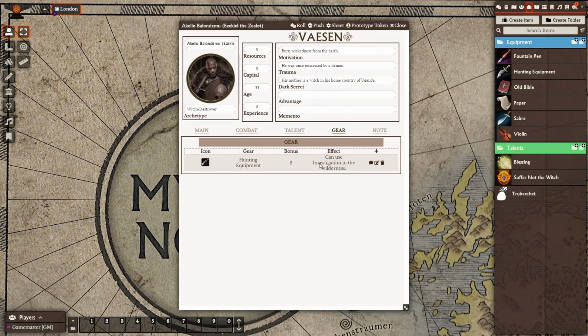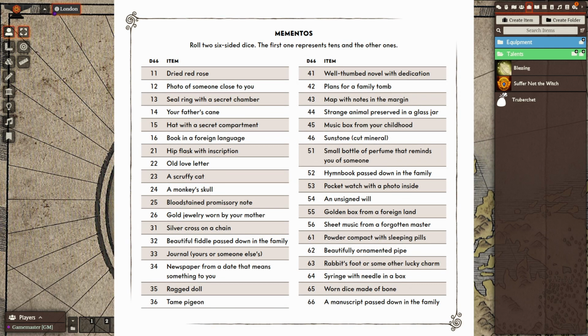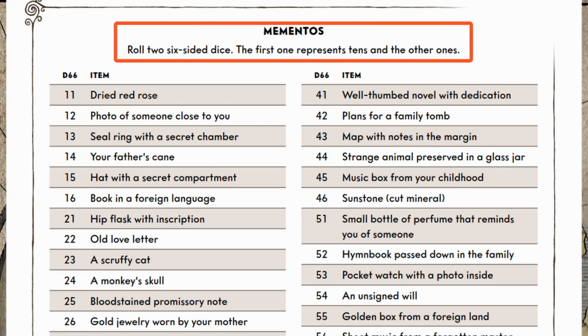So now we're going to move on to the mementos, and there is a table for this right here. What you do here is you roll 2 6-sided die and you get a result. Or you can choose one. So if I were to roll 2 6-sided die,